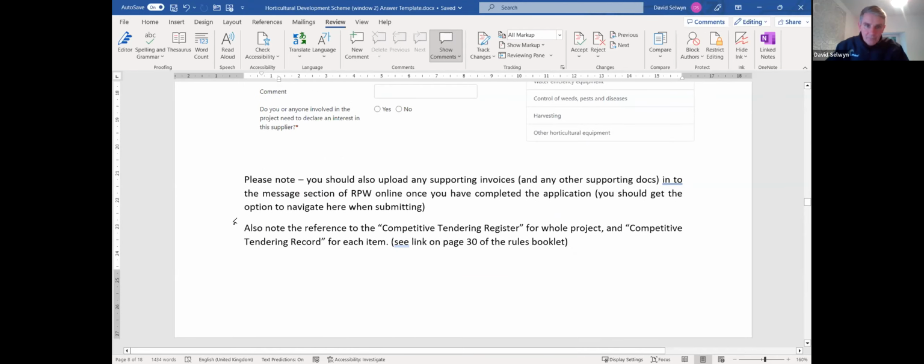Okay. There is a competitive tendering register, and I'd almost suggest, I don't think it's a necessity, but I'd almost suggest trying to fill one of these in and upload it as supporting evidence, because I think it will just show that you really understand the process in its entirety. And when I send you, I'm going to send you 5 PDF attachments, of which one of them will look like,